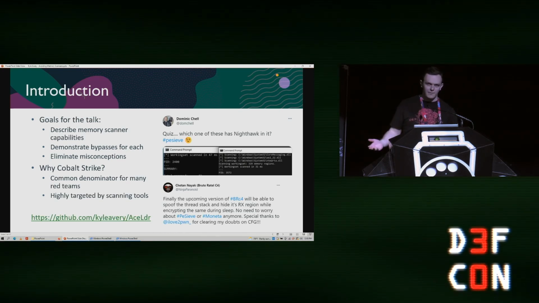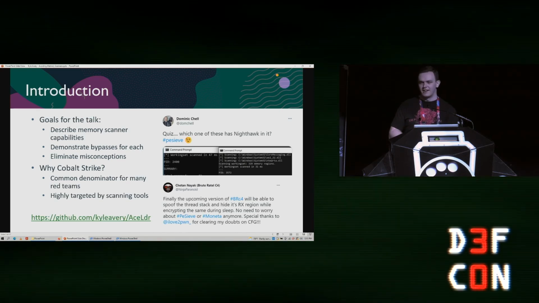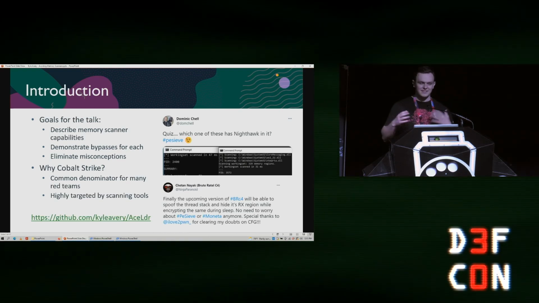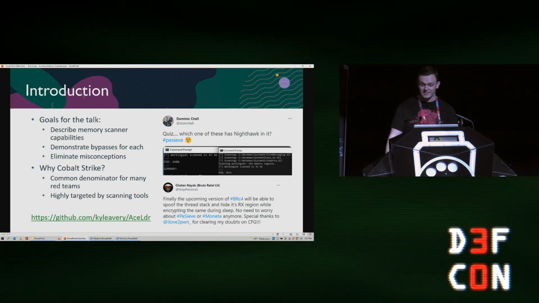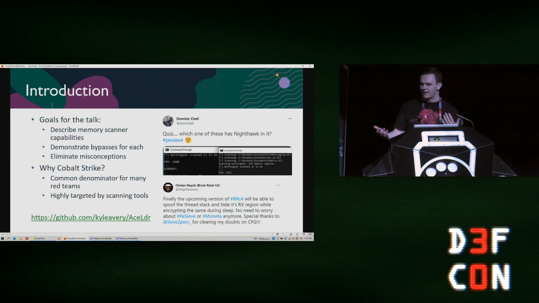These tweets would come out and the comments are filled with people asking, how do you do this? And even the developers of the scanners asking for maybe some insight into what they're doing so they can start trying to detect it. That really piqued my interest, and I started doing some research to figure out what they might be doing, and that's what led me to this talk.